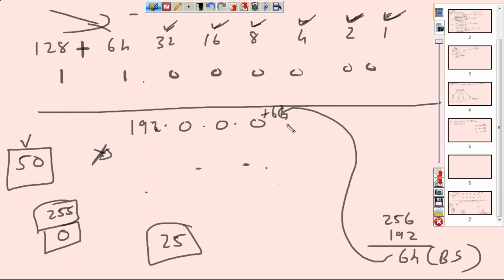I'm asking you to count to 5, right? In the normal world, you would say 1, 2, 3, 4, 5. 5 fingers, right? But in the subnetting world, how do you count? 0, 1, 2, 3, 4, 5. 6 fingers right there, right? So if you start counting from 0 and tick off 64 fingers, what do you think you'll reach? You'll reach 63.